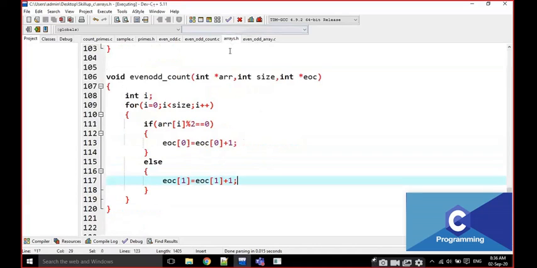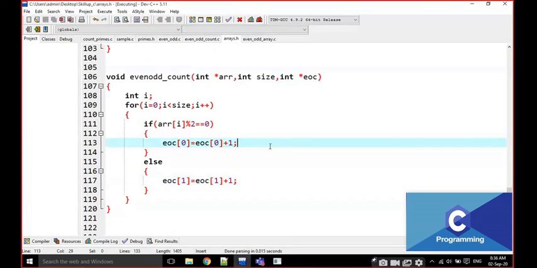You have to study the main program first of all, or the function definition also. Then you can clearly understand how it is calling, what the function definition is, and what the resultant array is. Then we have to work on all these properties.